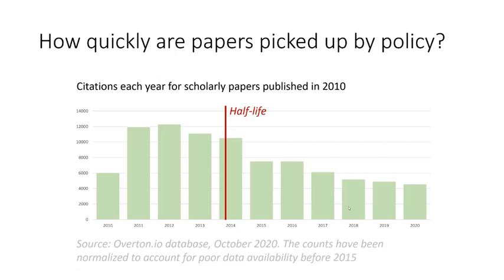More generally, though, when we look at all the articles, for example, published in 2010, and then graph the year in which they were first cited, the half-life of that graph is just under four years after publication. So what we're saying is, in general, on average, and obviously it varies a lot based on discipline especially, it takes about four years for a piece of scholarly work to start appearing in policy.